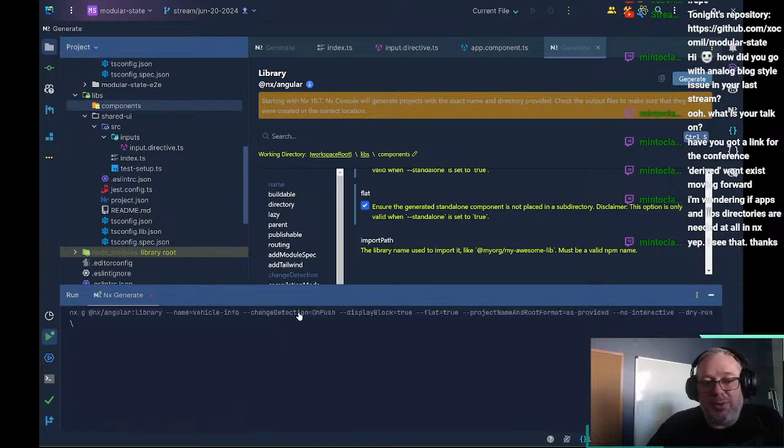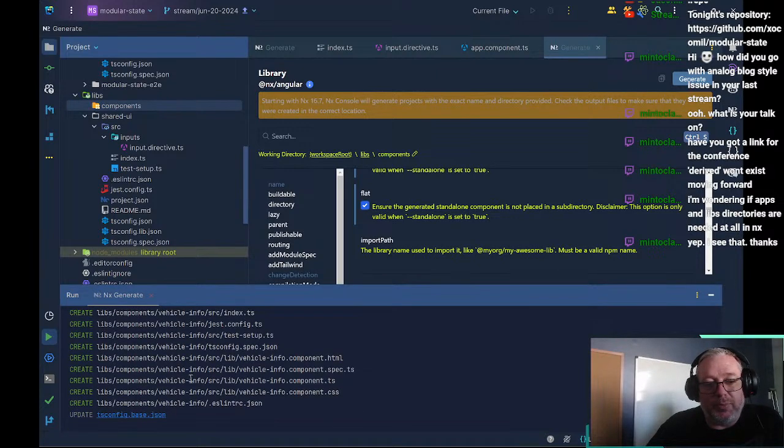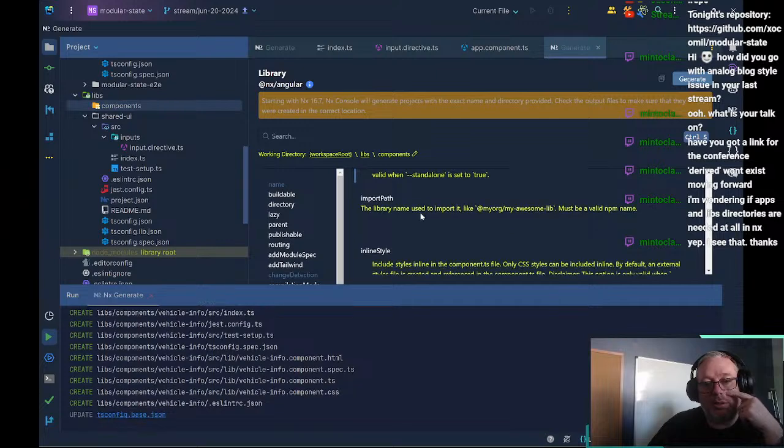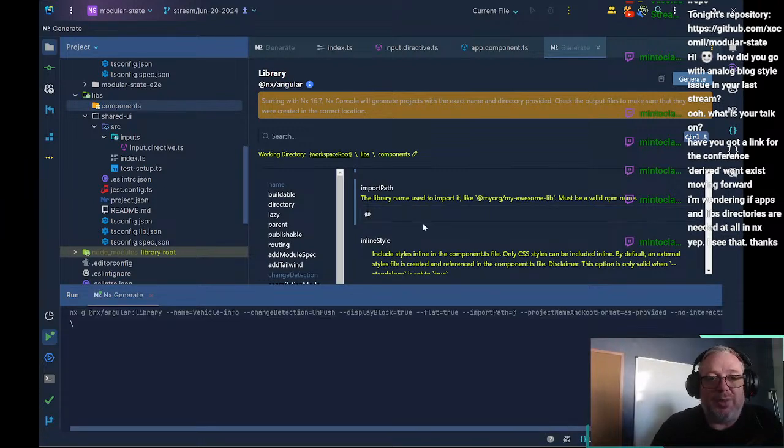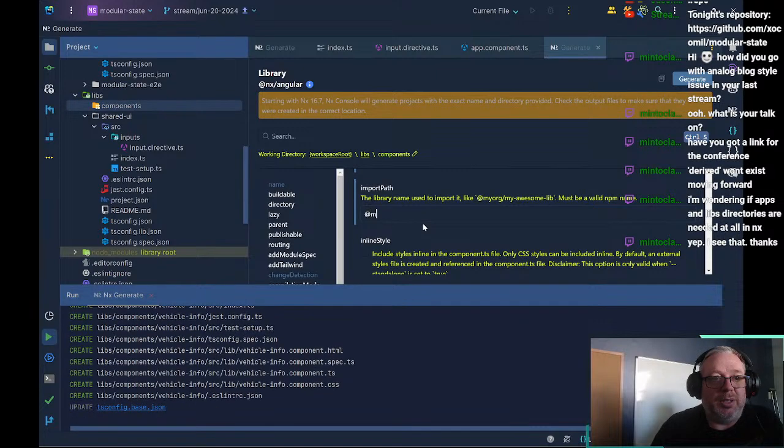I mean, the other thing we could do is make this flat. Then we don't wind up with the libs component vehicle info, right? It sits at the root of the lib directory, whereas if we turn off the flat, then it's going to go lib vehicle info component. I want to leave flat on, right? We aren't seeing that, but the import path, this is going to be at, and this will be modular